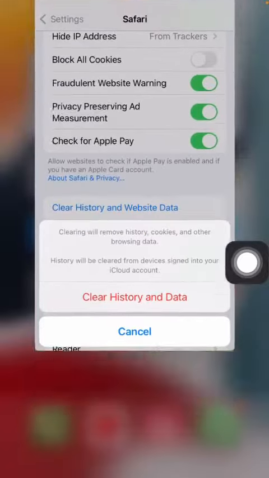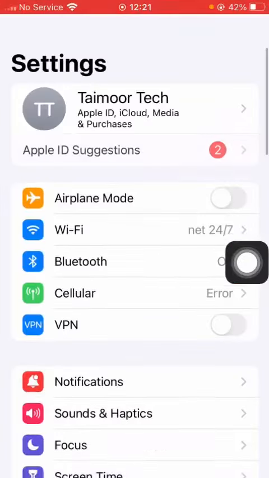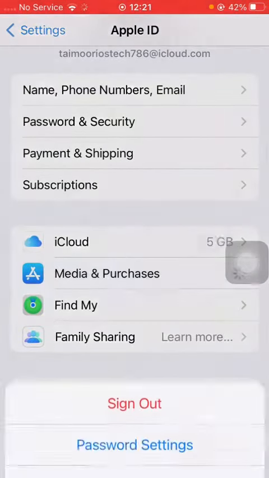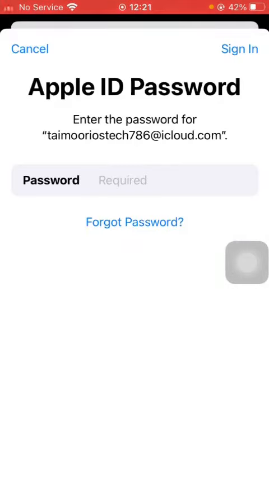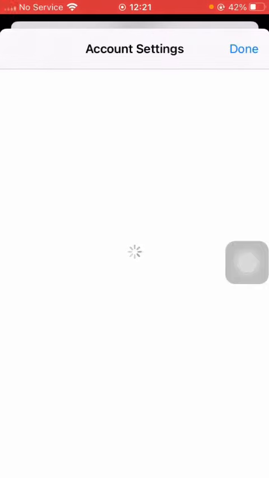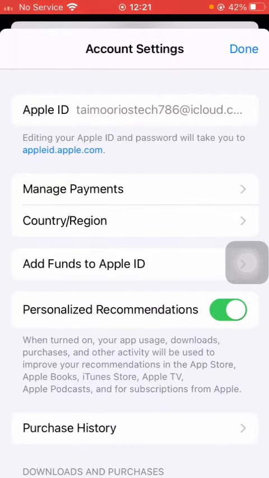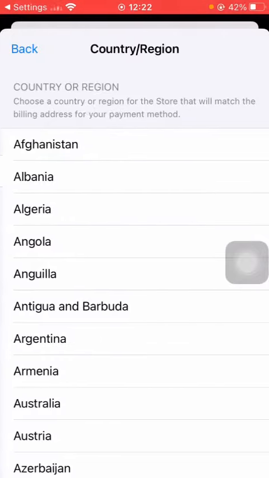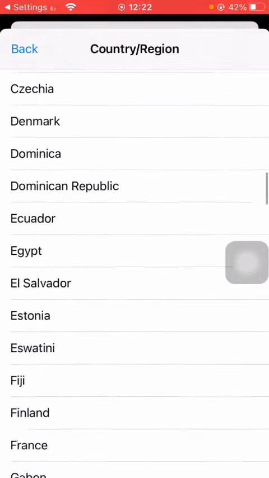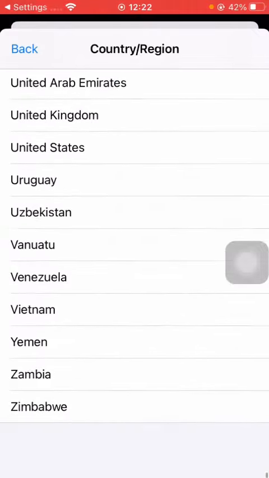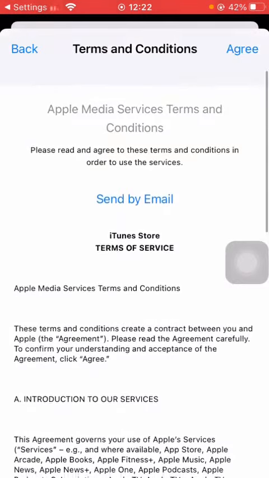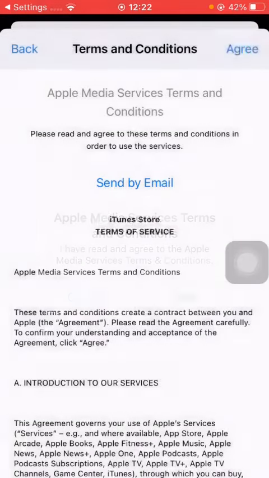If the problem is not fixed, then go for the last method. Open your iPhone or iPad Settings again, click on your Apple ID banner name, then click on Media and Purchases, then click on View Account, enter your Apple ID, then click on Country or Region, then click on Change Country or Region, select United States, click on this, read the terms and conditions carefully, then click on Agree,